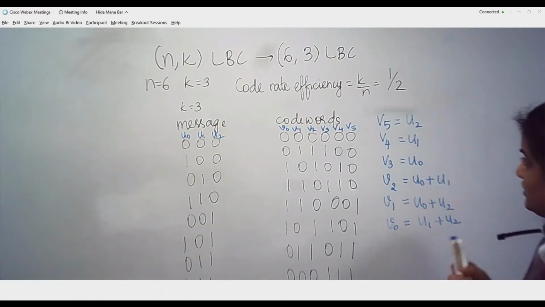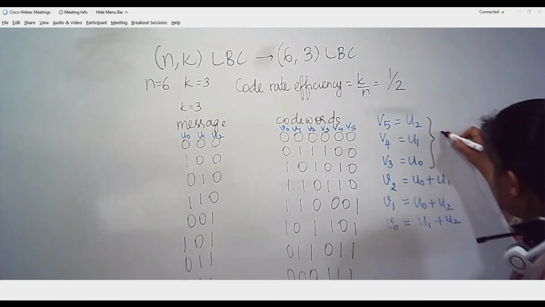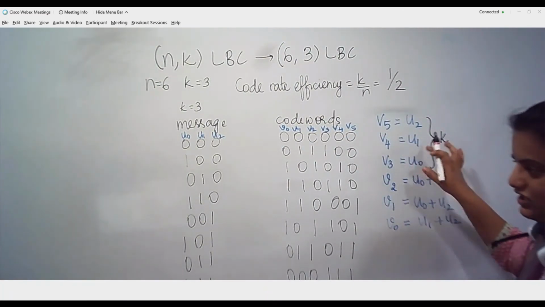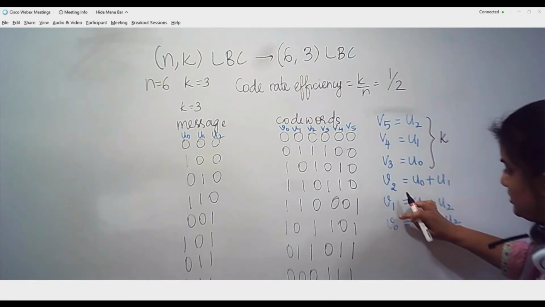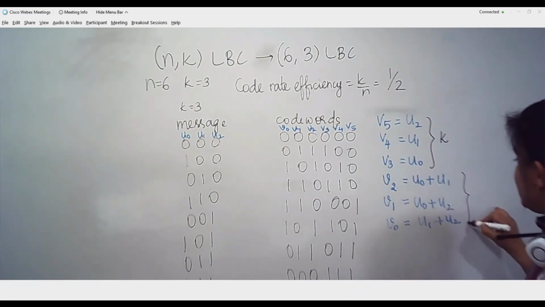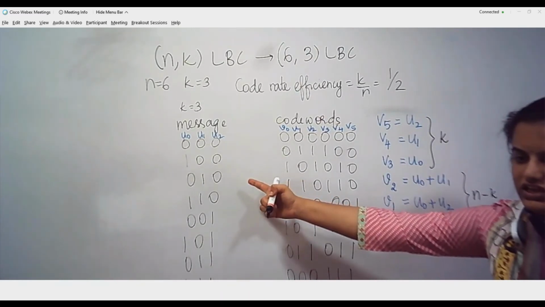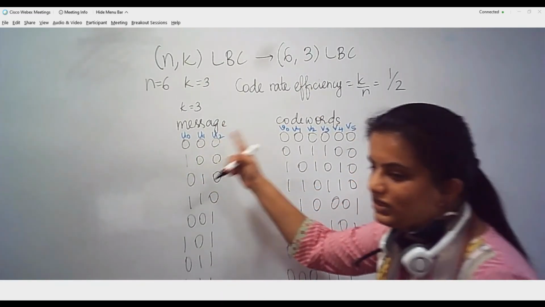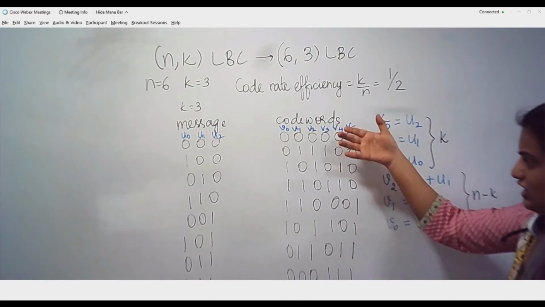You can see the final part V3, V4, V5 are nothing but the k bits, the information bits themselves, whereas the initial 3 bits, V0, V1, V2, are the redundant bits formed by combinations of the input bits U0, U1 and U2. So this is how we are going to generate linear block codes.